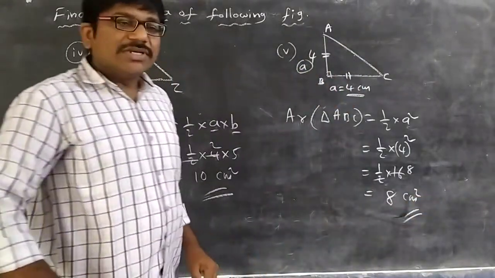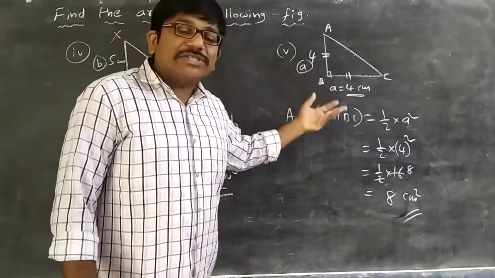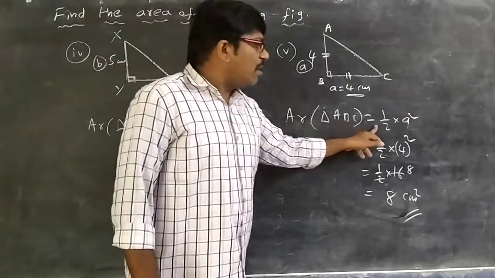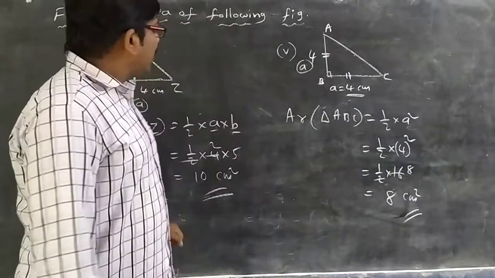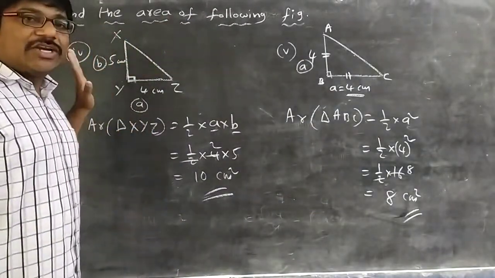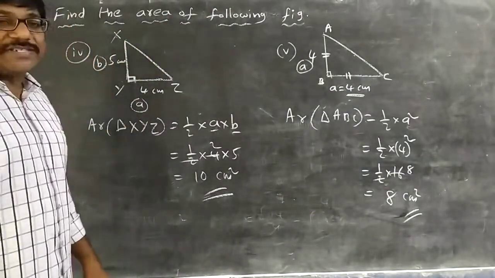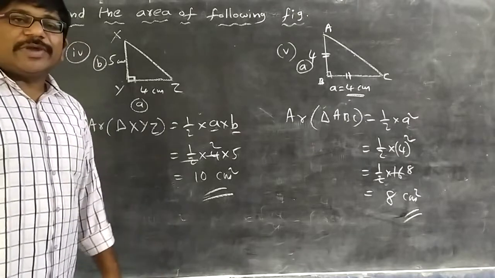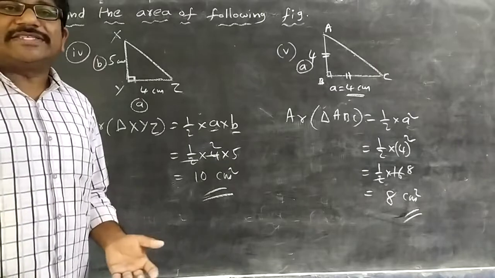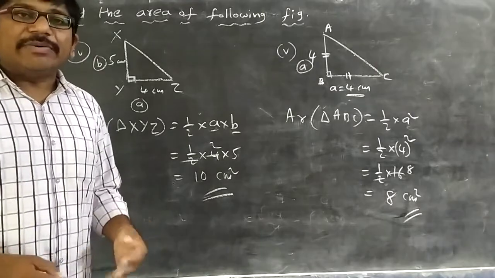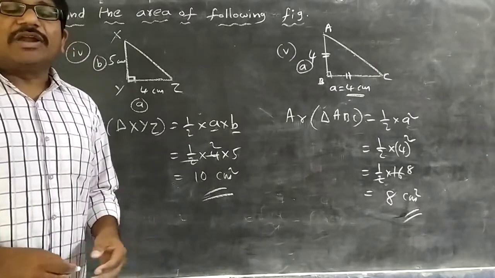Right? So the area of an isosceles right angle triangle formula is half into A square. Here A is the equal side. It is only for a right angle triangle. A, B are perpendicular sides. Right? So in this way, by using formulas, we can find the area of different triangles. Right? So formulas are very important. Keep them in your mind and practice yourself.